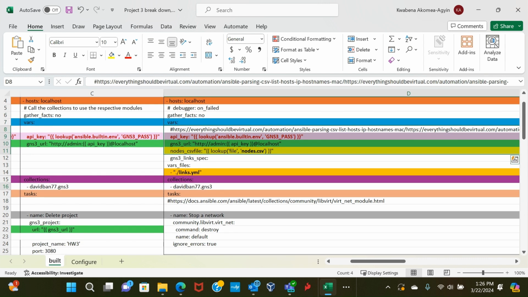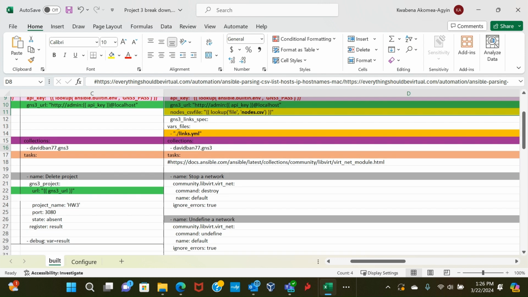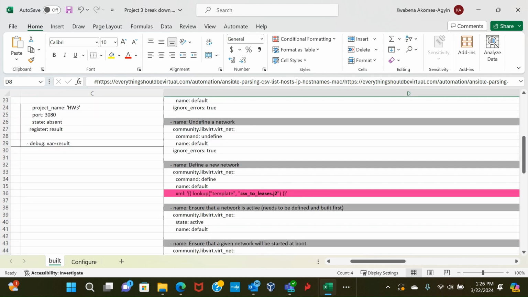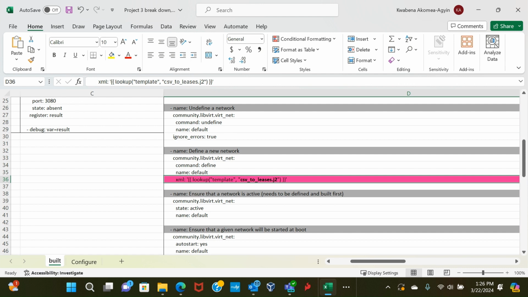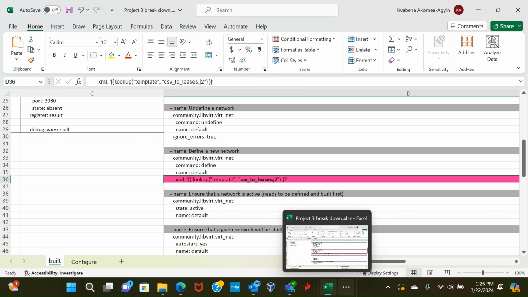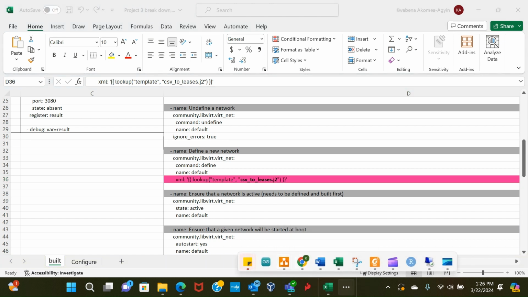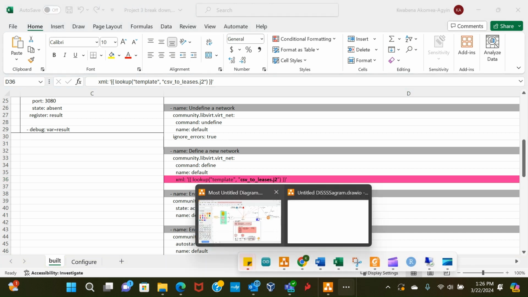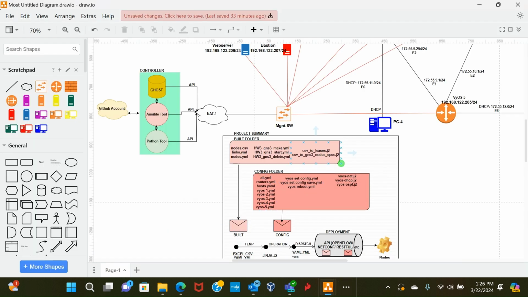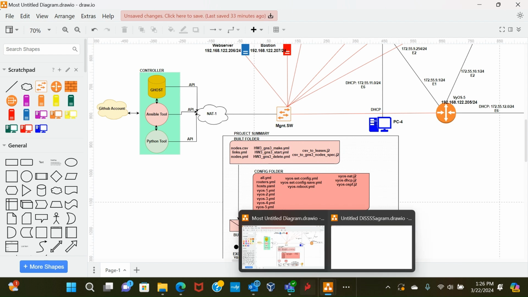I will explain this in a very dedicated video, and then I have various tasks of what it is supposed to do. For example, this means I should take the CSV list Jinja file and use that to build the topology that I'm talking about. So the CSV list Jinja file I'm talking about, for example here, is this makefile over there.